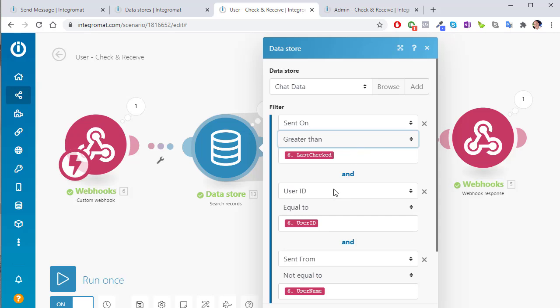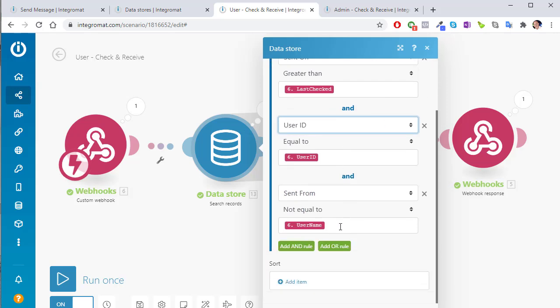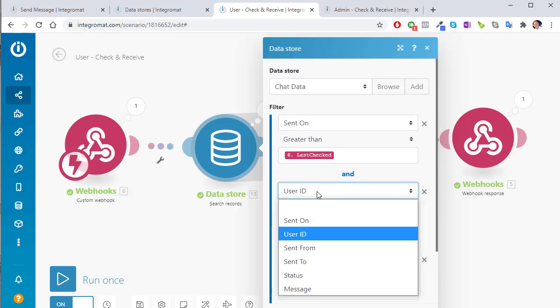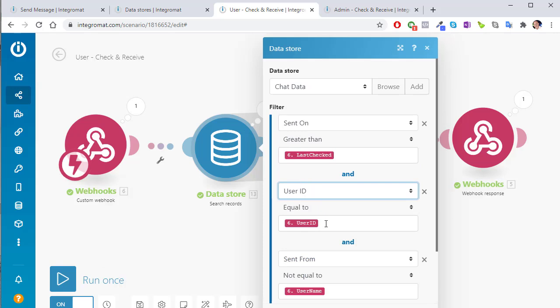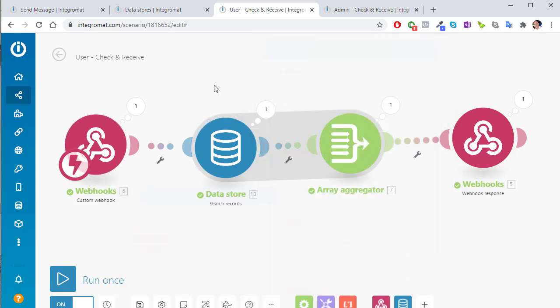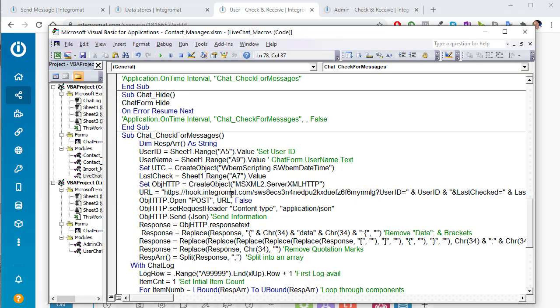But I also want to know only those for the user ID. I want to run another filter. So you can add as many filters as you want, just clicking here, add, or, but in this case, I want add. So I've created another filter. This time it's based on the user. And this time we set the user ID. Why do I know the user ID? Because, let's take a look back in here. Inside this webhook, I've sent